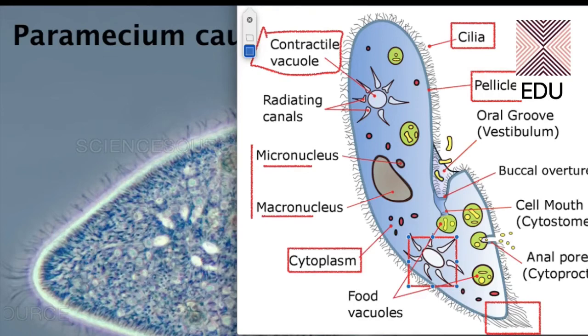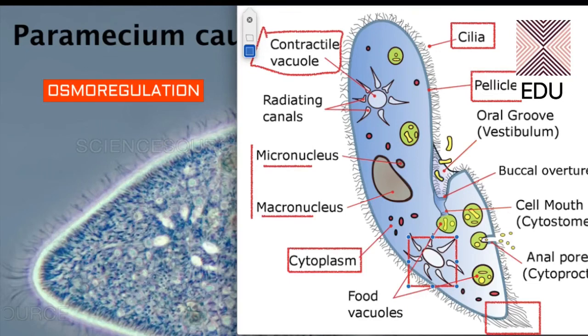These contractile vacuoles are of a typical shape in paramecium. As you can well see, the shape of the contractile vacuole is star shaped. The function of the contractile vacuole is the very same as in the case of amoeba. It gathers the extra water which is coming inside the body and throws it out. So contractile vacuoles function in osmoregulation.